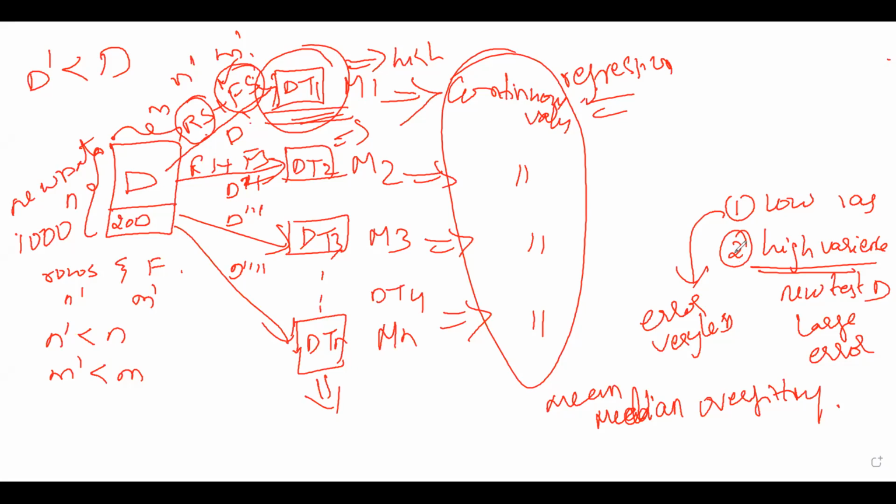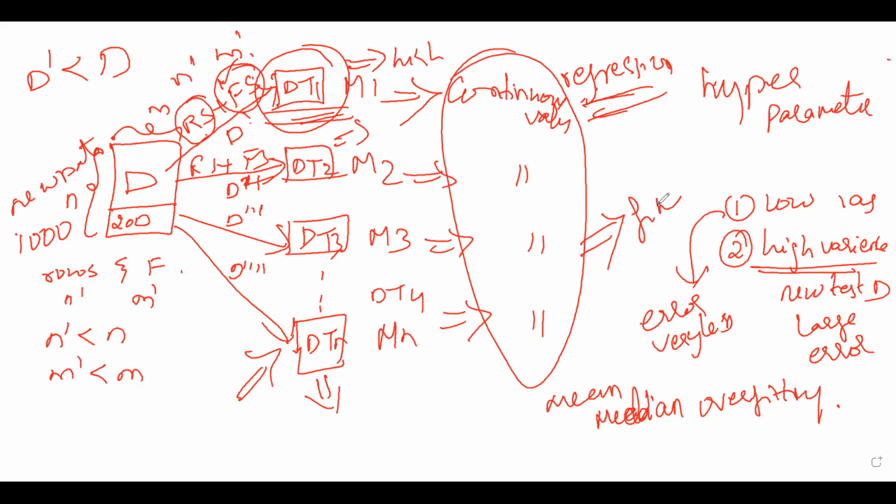So how many decision trees do we need to use? According to the hyperparameter, we have to decide how many decision trees to take for a particular problem. And for a regression problem, we take either the mean or the median of all the outputs given by the decision trees, and from that we get the final output. For classification, the majority value will be the output.